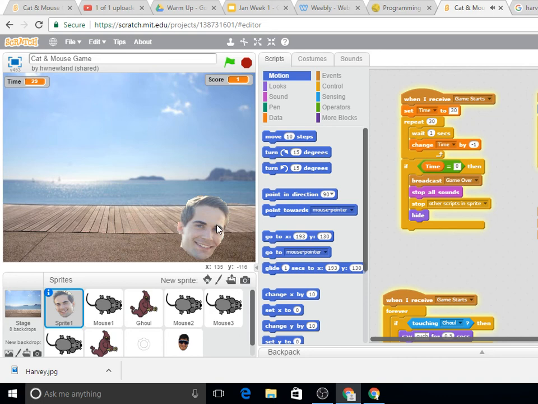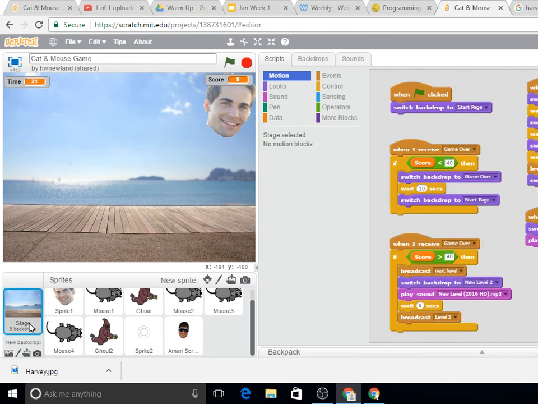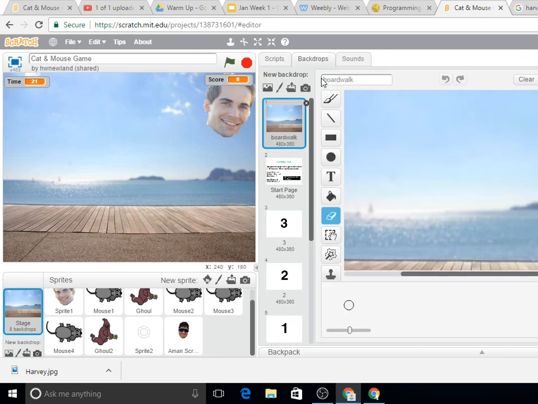And you could do that with any of these sprites here. You could also do this with your backgrounds. So you can change the backdrop the same way, just by going into backdrops, and when it loads, basically doing the same thing. So there's an import tool here and being able to go in and change the background maybe to some